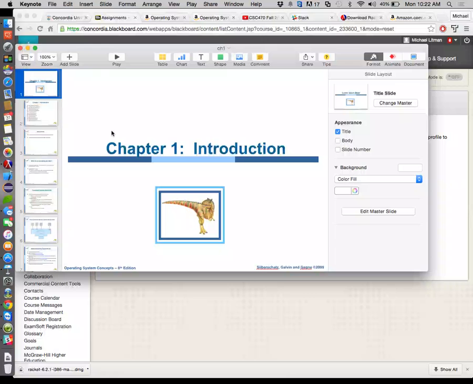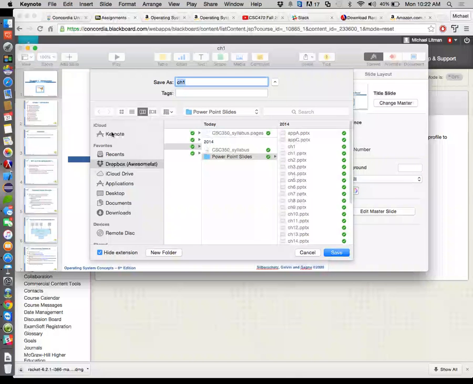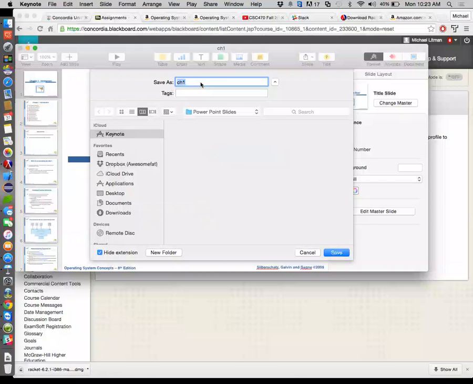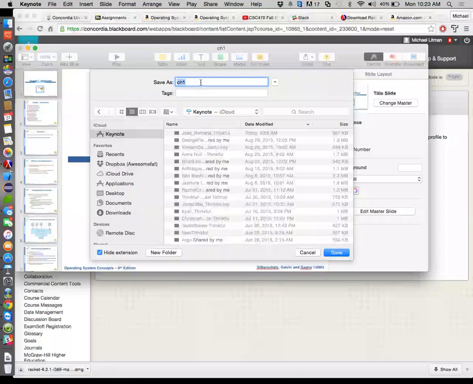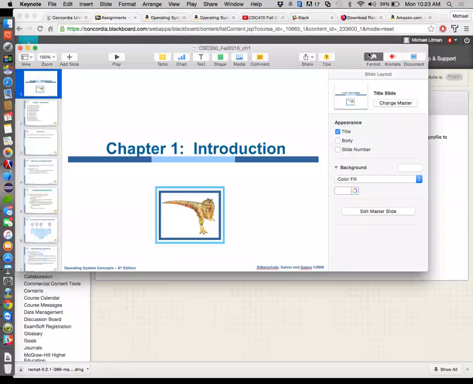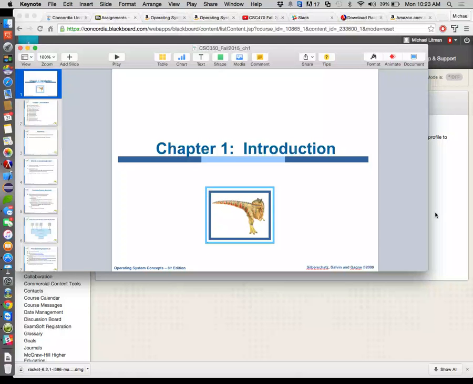All right, so let me save this real quick. We're going to save this here. We're going to call this CSC350 Fall 2015, Chapter 1. Perfect. And if you do happen to get the book for this, the dinosaur book,